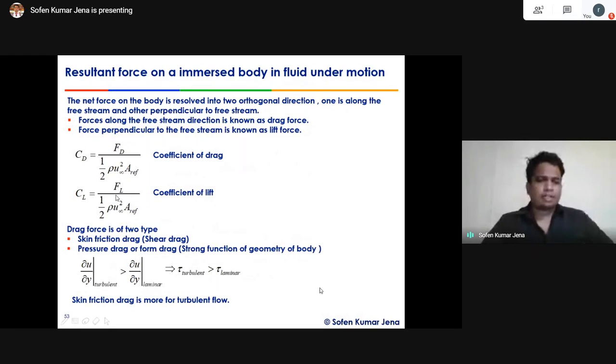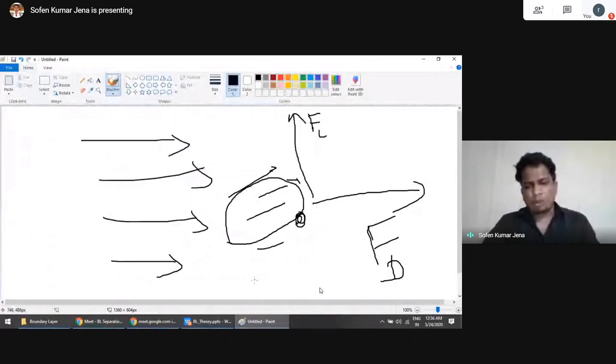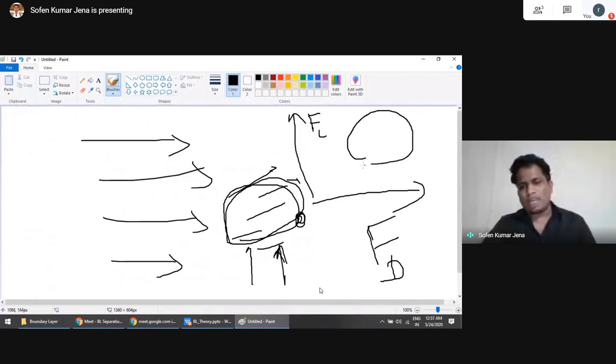Similarly, the lift force, right? If we non-dimensionalize it with the same reference area and the kinetic energy possessed by the free stream, it gives a non-dimensionalized coefficient, the coefficient of lift. Basically, in engineering design, the objective is to minimize the drag and increase the lift, because the drag force tries to reduce the speed of the fluid, while the lift force acts towards the top. So suppose this is an aerofoil wing of an aeroplane, the objective is to reduce the drag and increase the lift, so that it will be in the floating condition, elevated to higher and higher positions as the lift force goes on increasing.